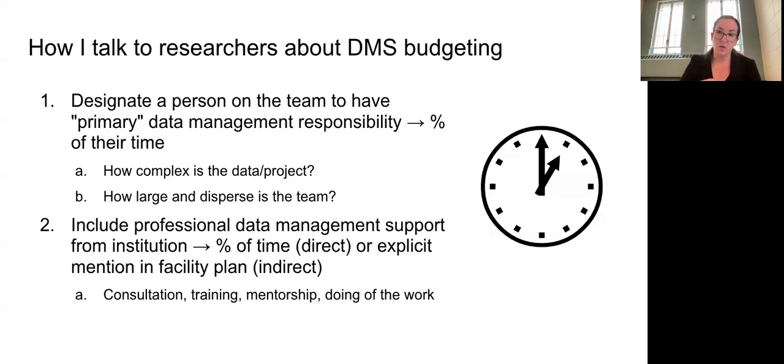Or sometimes when we aren't specifically working on a project, but we're just helping consult on it, we might be written in an indirect way in their facilities plan. So just calling out that a grant will have some sort of guidance or mentorship in data management can be really important, not just for accounting for the cost of it, but also for emphasizing that professional data management is a skill that people have, and projects are made better when they are coordinating with people who have this skill, even if it's done in an indirect way.